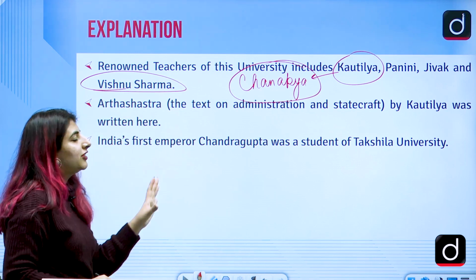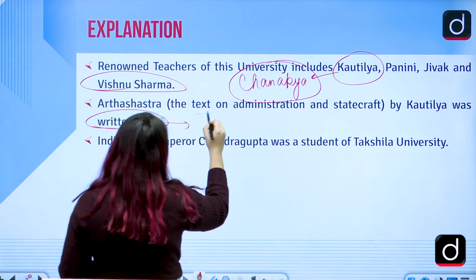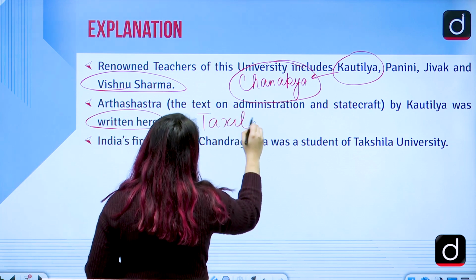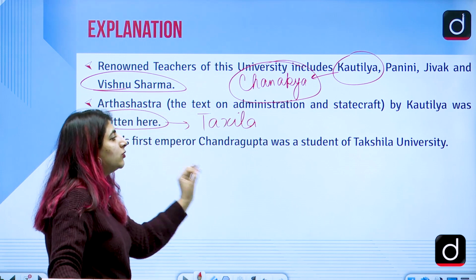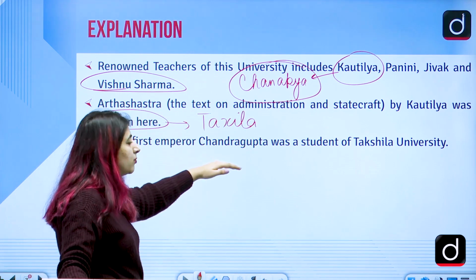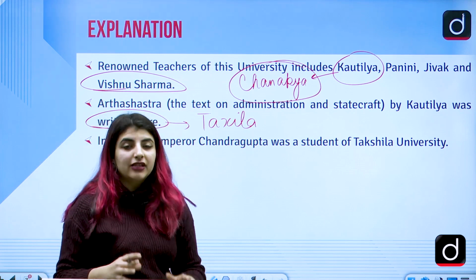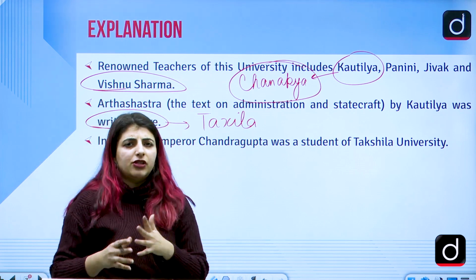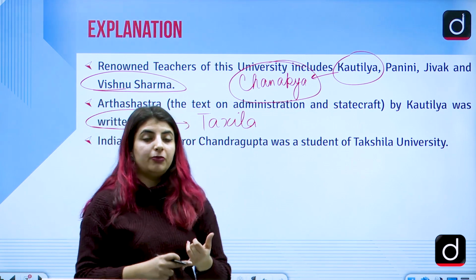Arthashastra, the text on administration and statecraft by Kautilya, was written where? In Taxila. India's first emperor Chandragupta Maurya was a student of Taxila University, and Chandragupta Maurya was a student of whom? He was a student of Kautilya as well, Chanakya as well, right? So this was just basic information related to the historical part, but yes, if we talk about the eligibility criteria